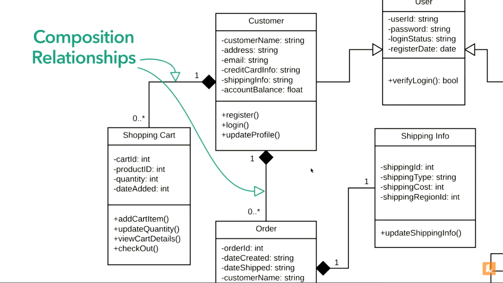Now, if you want to read this, 0..* means 0 to many. So you have to come to it with a has. Customer has 0 or more shopping carts or items in the shopping cart. Okay, this is like items in the shopping cart. It means a customer will have either 0 items in the shopping cart or more than 0 items, but every customer's shopping cart will be only one.